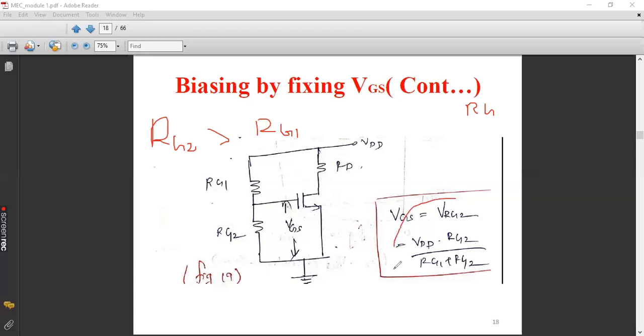Do you see this equation? If the numerator increases, that is, if RG2 increases, VRG2 will be more, right? Yes, more resistance means more voltage drop across that resistance. Understood? So if the resistance value RG1 is less, then the voltage across RG1 will be less. So more voltage will be dropped across RG2, whereas across RG1, the voltage will be less. I hope it is clear now. So likewise, we'll be able to design a potential divider network for a specific VGS. Is that clear?